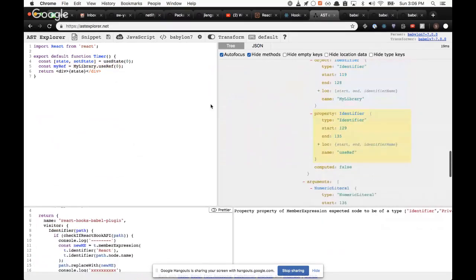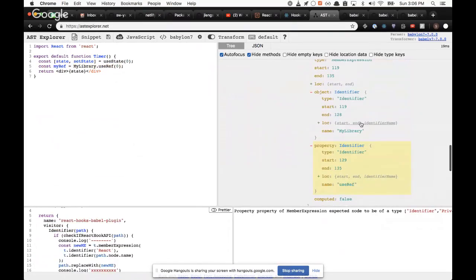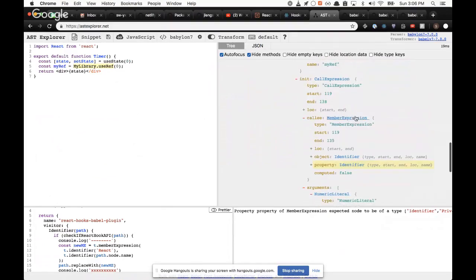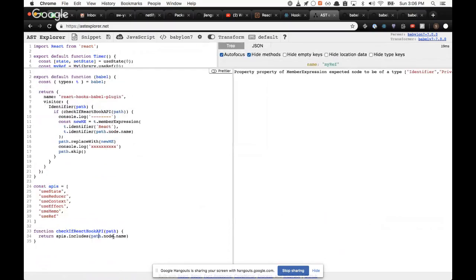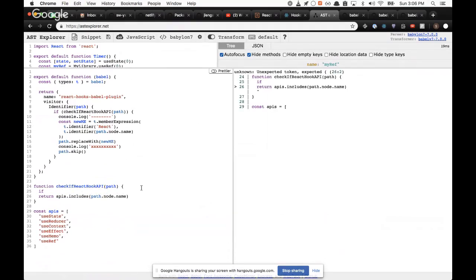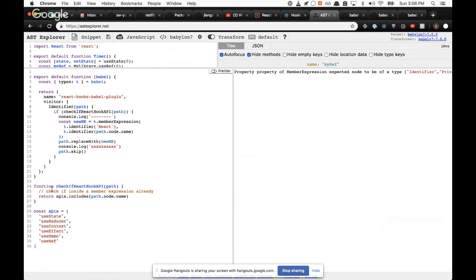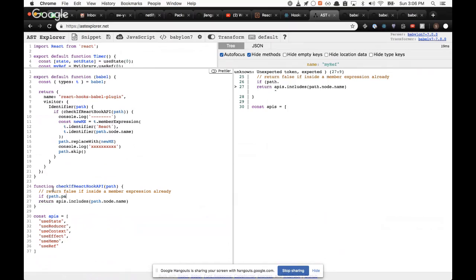Okay, so useRef, and let's set up a rule. If I'm inside a member expression already, so if my immediate parent is a member expression, then I'm going to call off and return false for this check, so that I don't accidentally return a false positive. Let's put this up here. Check if inside a member expression already, then return false. If path dot parent